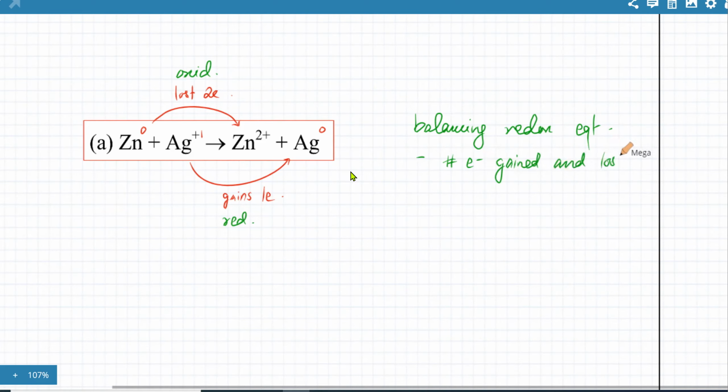Gain and loss must be equal, which is not the case over here. Zinc is losing 2 electrons, but silver on the other hand is just gaining 1 electron. So we have a problem: zinc is giving silver 2 electrons, but silver is only gaining 1 electron. To balance the number of electrons, I'm going to multiply